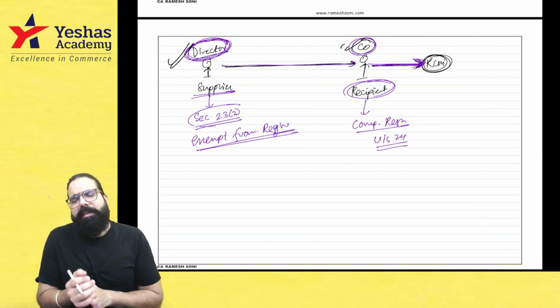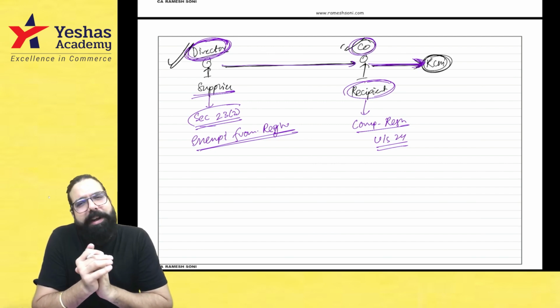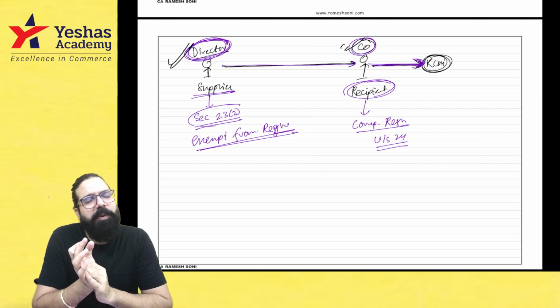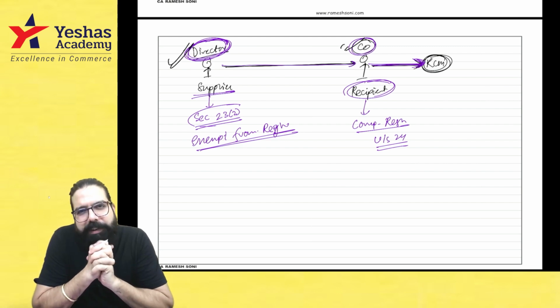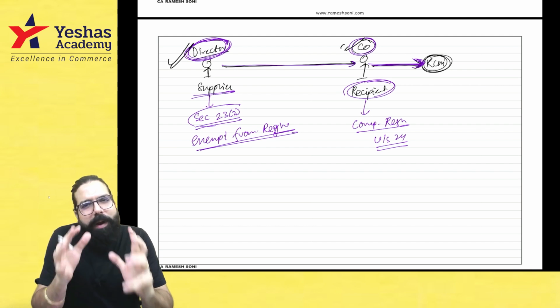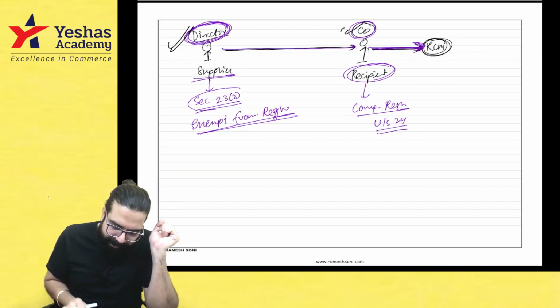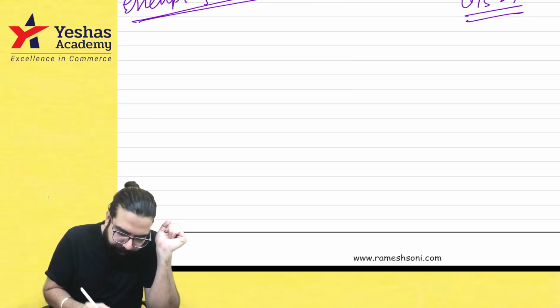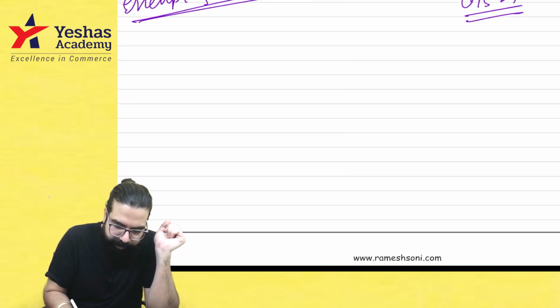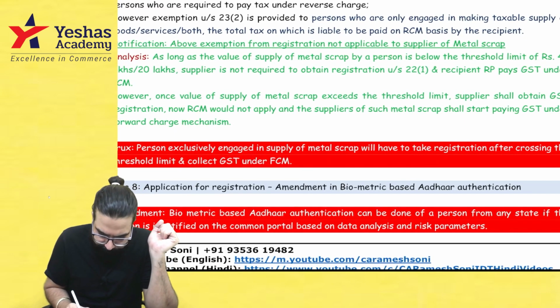Sir, what is this metal scrap? See, RCM in case of goods is not applicable for CA Intermediate. But one point you have to understand, which is relating to metal scrap. Listen, in metal scrap, what have they told? See here everyone, I've written here, above exemption,